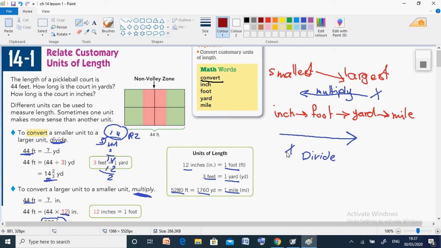After that I have yard, then I have mile. Okay? So we have to keep in our mind from smallest to largest we have to divide, and from larger to smaller we have to multiply. Again,